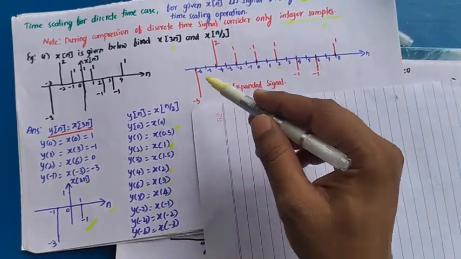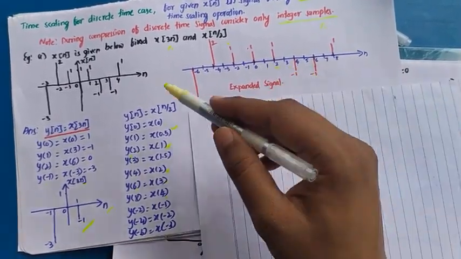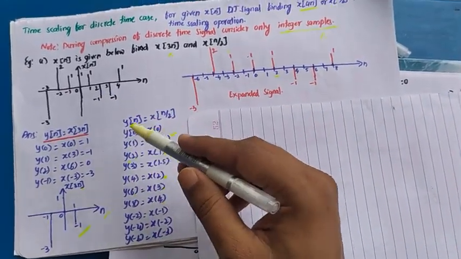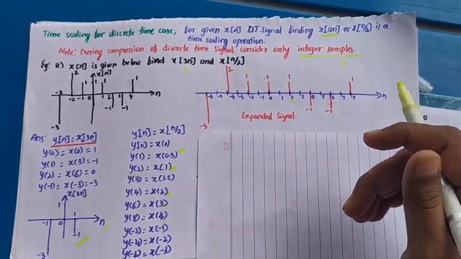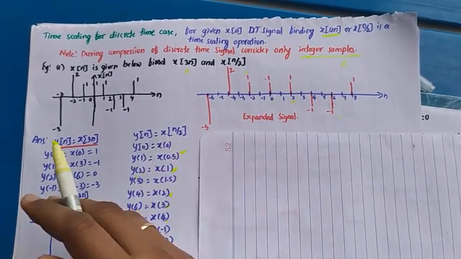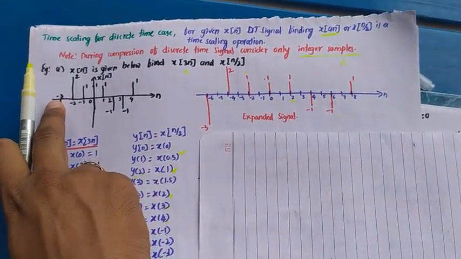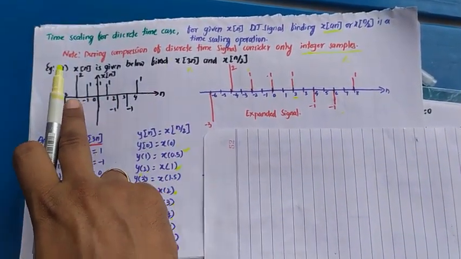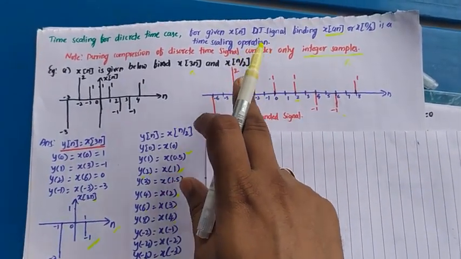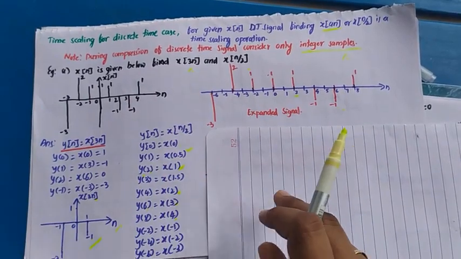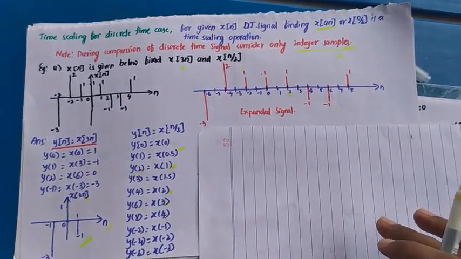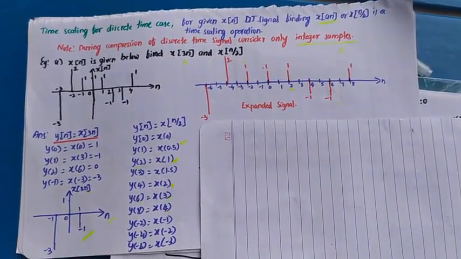So the values are same here, -3, 2, 1. Now you can see this is the expanded signal of the x of n. So for all the values of x of n, your y of n exists, this is y of n, and it has been expanded, whatever the n values are there have been doubled. Because it is n by 2; if it is n by 3, then it is multiplied by 3, like that. So this is the simple example on time scaling operations.